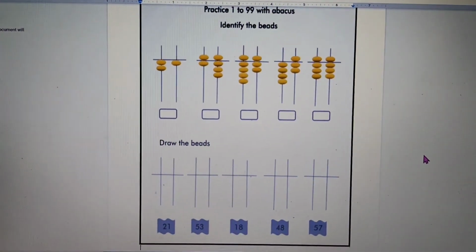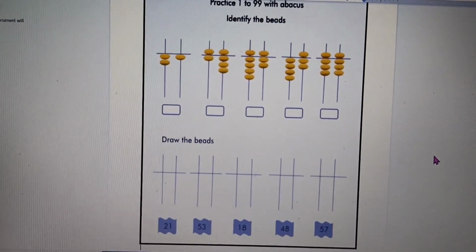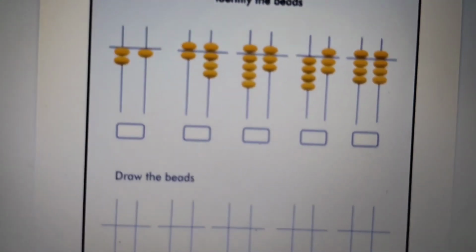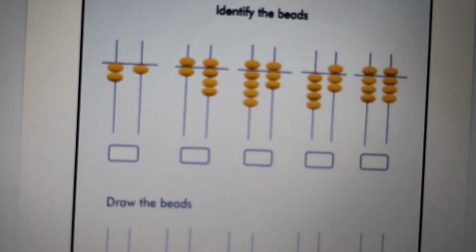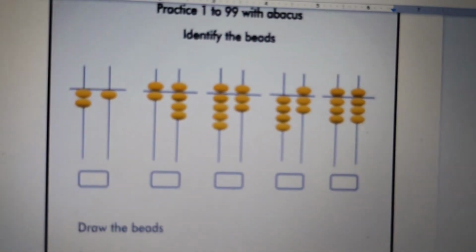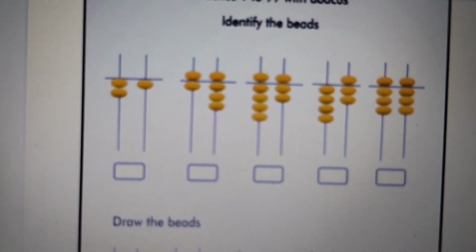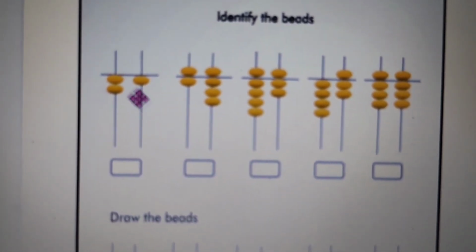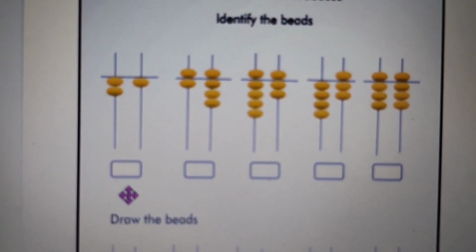Now children, look here. This is the worksheet that I have created for you. In this worksheet, after practicing counting 1 to 100 on your abacus, you need to practice by looking at these beads and writing the value here.